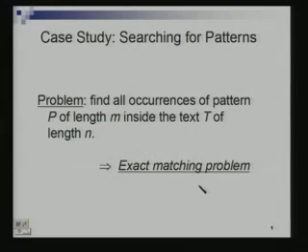This is also the exact matching problem. There are versions where you can not do an exact matching, as in you can search for the pattern in an approximate manner. That means occurrences of the pattern in the text where it matches most of the text. That is, if there is a difference in one character it is okay, or a difference in two characters it's okay, but at most other places it matches. So how would one solve this problem?